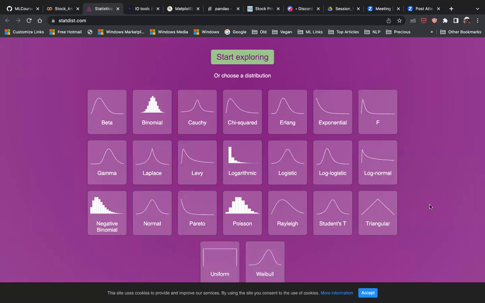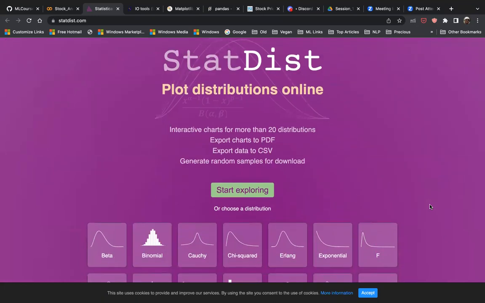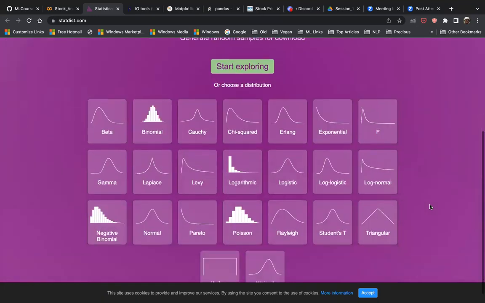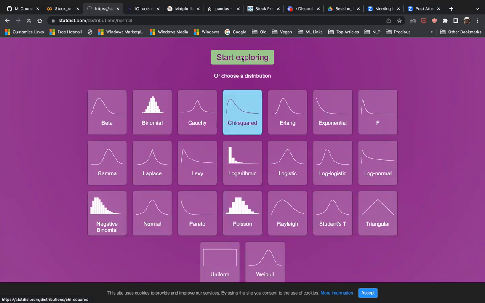unless you are really a statistician, you will not be dealing with a lot of these distributions, but you will definitely deal with the normal, binomial, and probably logistic distribution, and we'll look at that. Right. So you can click on one distribution like the normal, exploring,